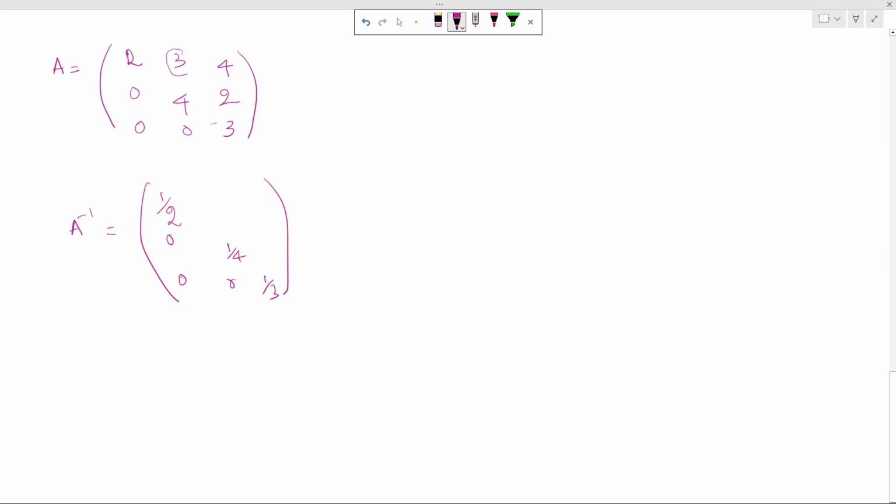Now I had to find out the corresponding element for this 3, so minus 3 divided by the multiplication of these two, 8. Then again this one, minus 2 divided by 12, right? Then I had to find out this Y, so Y will be equal to, now 4 times 4, right? So 4 times 4 minus 3 times this. Okay, 6 divided by